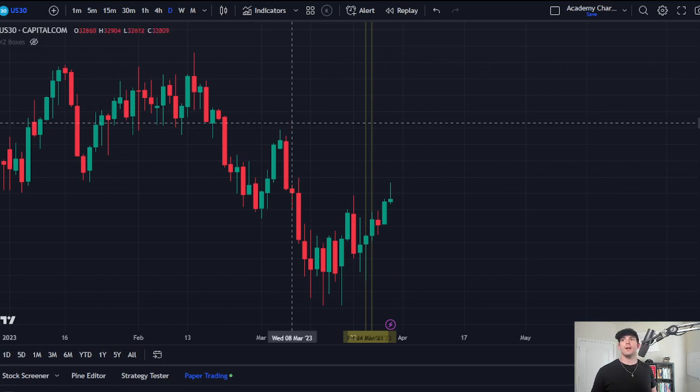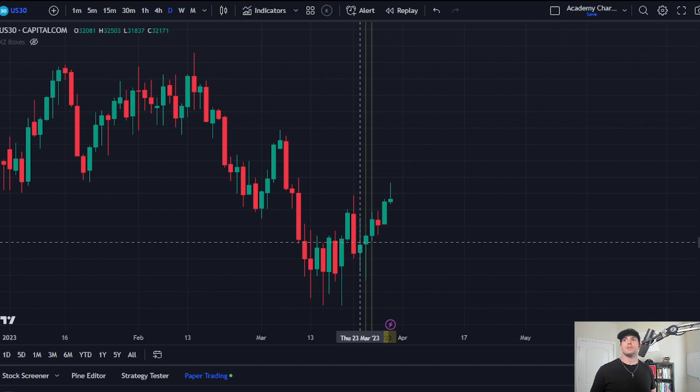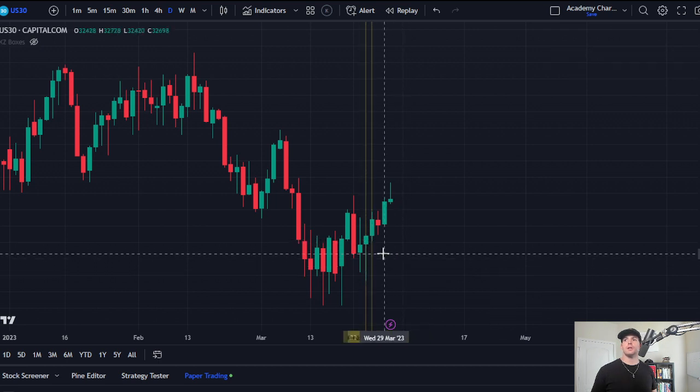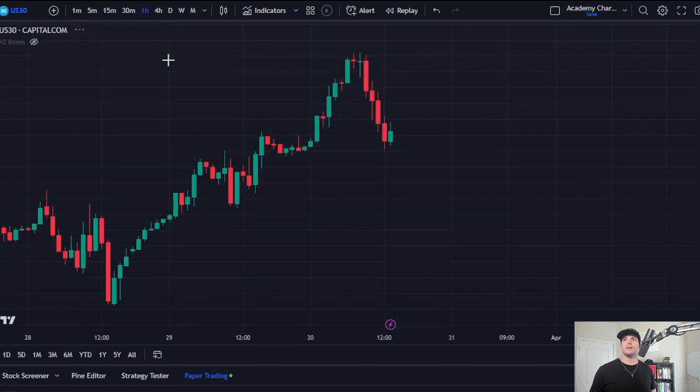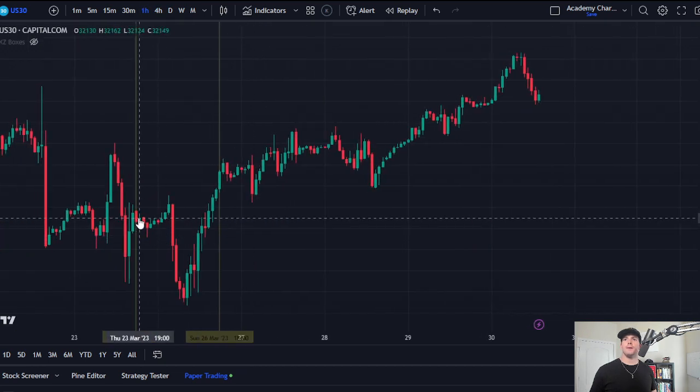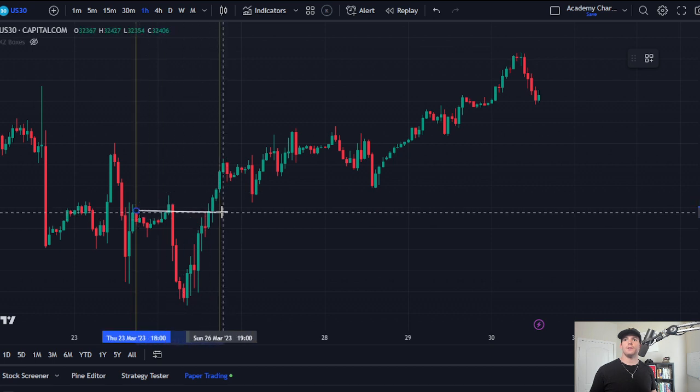So we're going to go through some quick power of three examples. For example, right here, we're going to be looking at this candle here. It's a bullish candle, as you can see. Now we're on the daily chart, and as we break it down, you can see how we do that open, high, low principle. So right here, this was the open of the market,